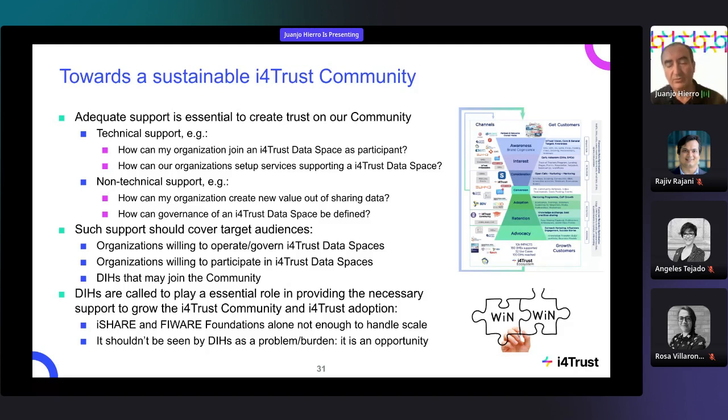We have to be also open to other organizations that will learn about the existence of I4Trust, and because of the good alignment it provides to the existing data spaces initiatives in place, among others within the Digital Europe program, may be willing to use the framework and learn about experiences and best practices and so on.